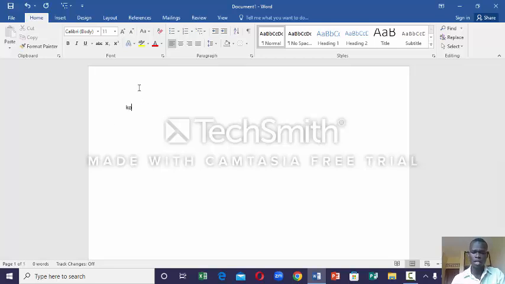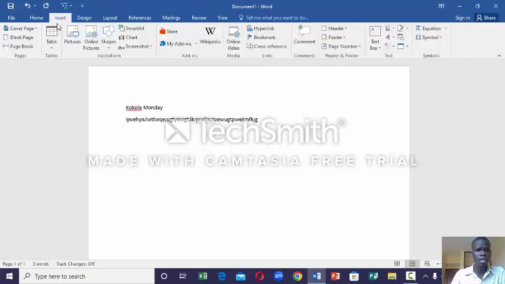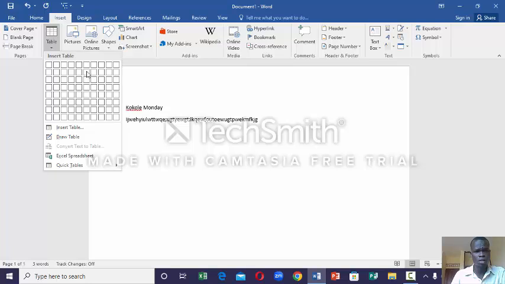I'm going to type anything, like my name, maybe Monday, and so on. You work on this editing, but if I type, it will take long. You can type any other thing you want so that you can make a design with it after typing. If you want to create a table, this is how you can insert it.